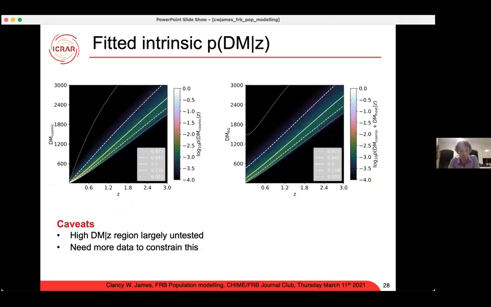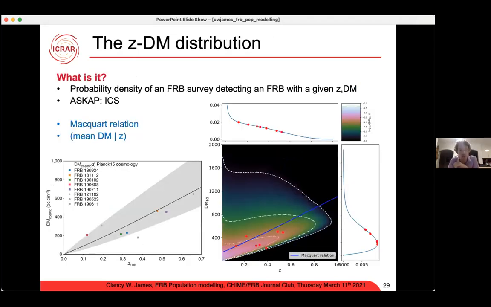So this is just to note that this is what you then get from your intrinsic DM distribution. In other words, if this is your cosmological contribution, ignoring the host, as a function of redshift, and you add in the host contribution, this is the extragalactic contribution. This is what the distribution would look like. But okay, don't want to keep you too long.